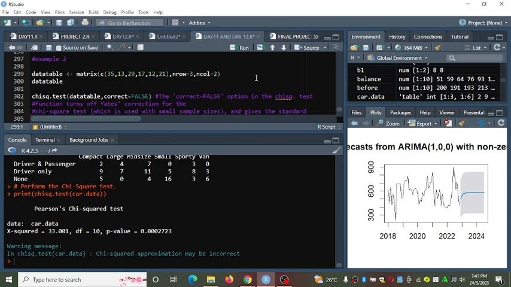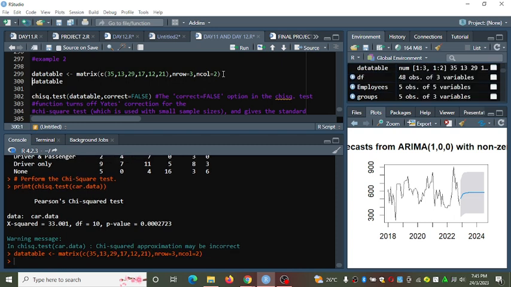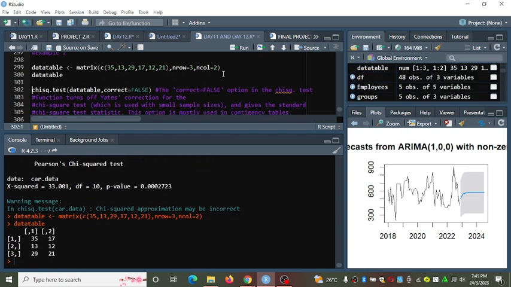In example 2, we have a data table, which is a 3 by 2 matrix. Let's have it output here, and on data table we have it here. So this is the data table. This is row 1, row 2, row 3.